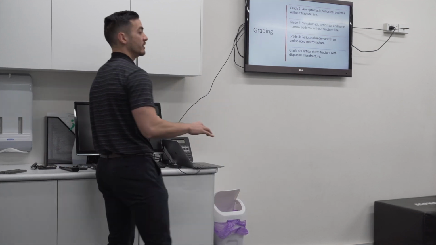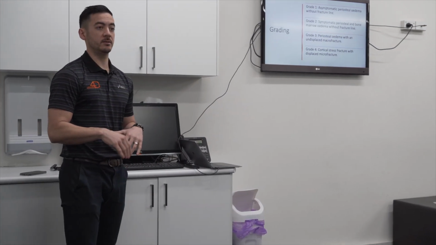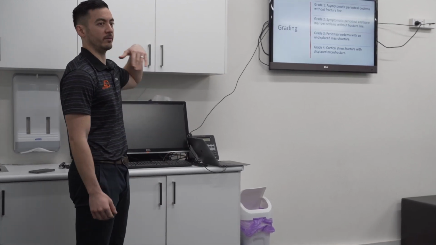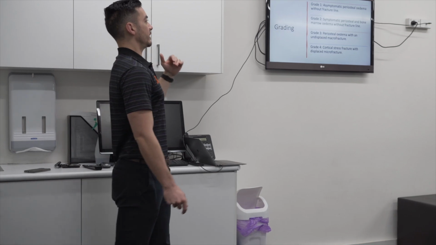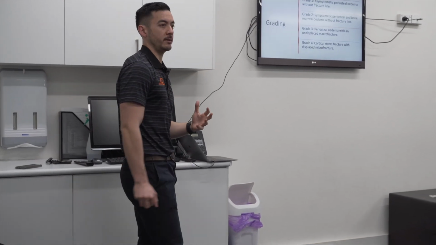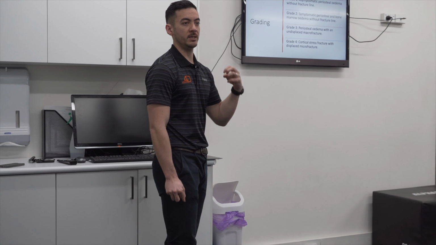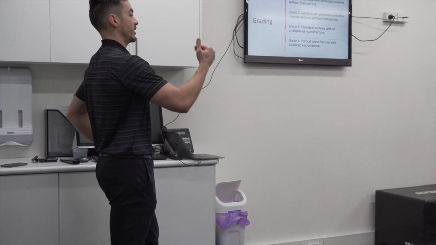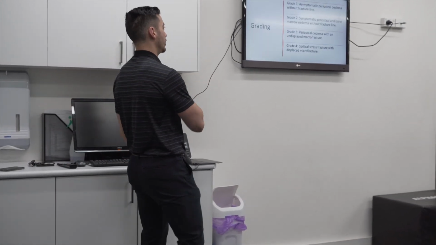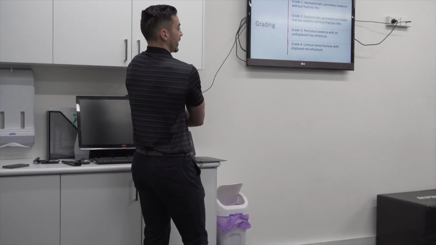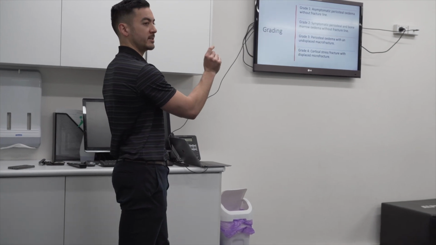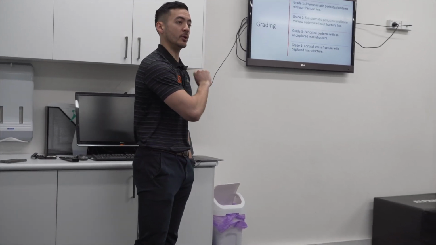All right, there's a bunch of different grading systems out there for bone stress. They're all relatively similar. Some of them are a bit more in detail. I like this one because it's pretty straightforward. So grade 1 is asymptomatic periosteal edema with no fracture line. This is just like your early stage inflammatory, proper medial tibial stress syndrome, where there's no real damage. Obviously that then just grades and progresses. So symptomatic periosteal bone marrow edema with no fracture. That's when you look at the MRI and you start to see the opacity going into the marrow. It's not just on the surface of the bone.